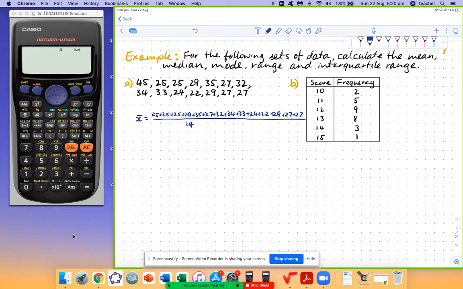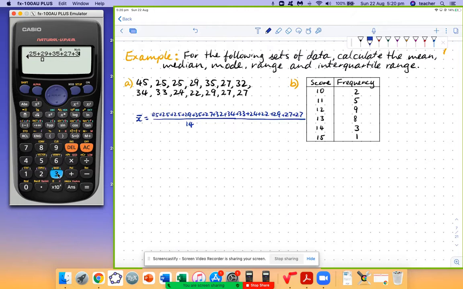Got there. All right, there's our calculation. So we're going to put this in. I'd prefer to use my own calculator, but I'll do it on here just so you can see what's happening. So 45 plus 25 plus 25 plus 29 plus 35,